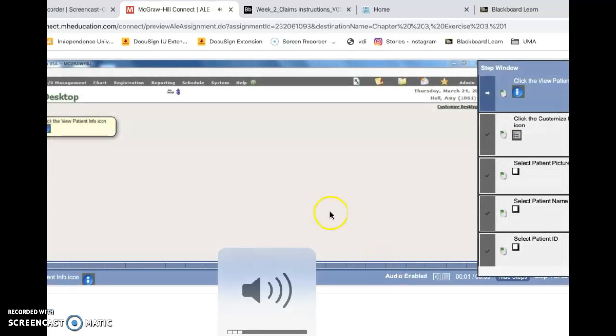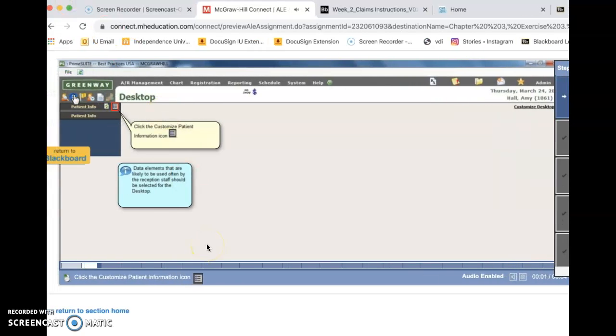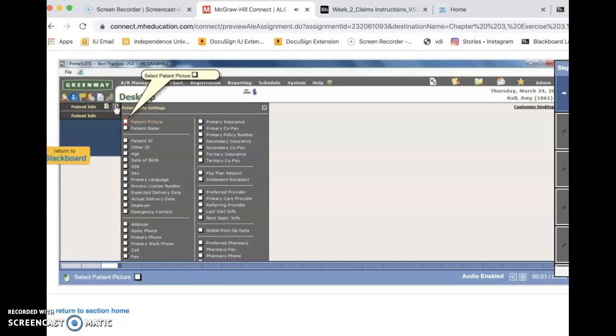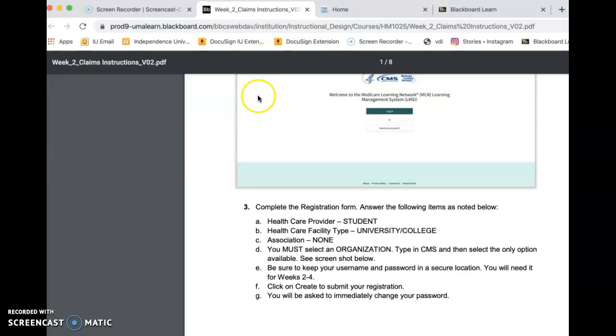Click the View Patient Info icon. So you can see the Customize Patient Information icon. You can see it's just going through and showing you what to do. Patient picture. Select Patient ID. This goes hand in hand with your Select Age. Actual textbook. So you'll go through and you'll just do all of the demo activities and the practice activities. And when you do the practice activity, you should get a point added in Blackboard once you've completed that. If you have any questions or you run into any problems, don't